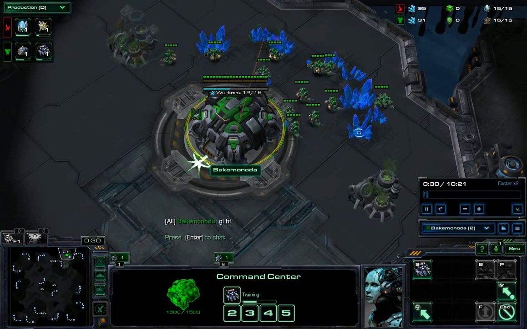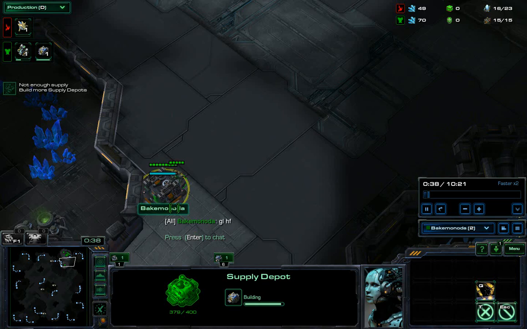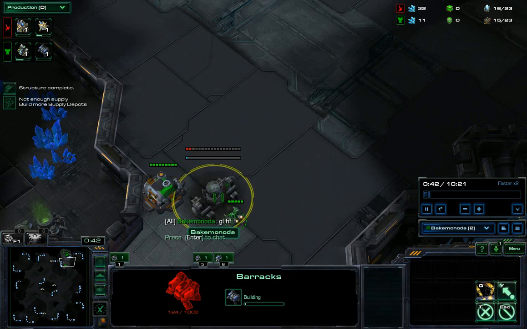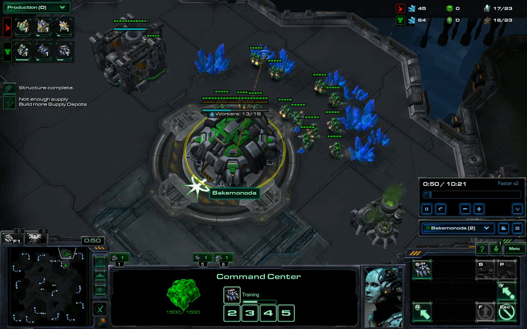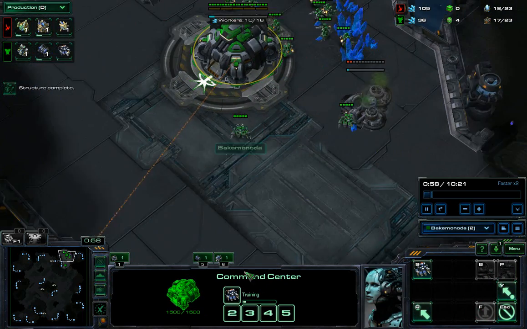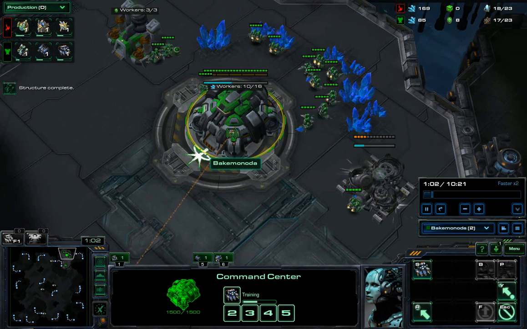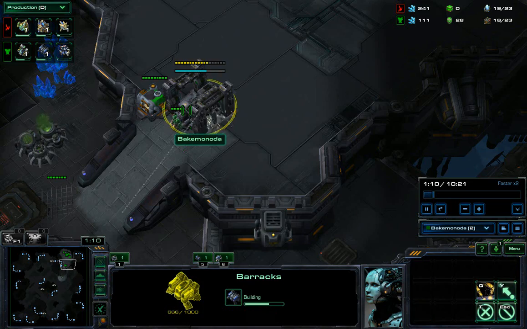So you want your depot, then next you want your gas, and then you'll delay an SCV for your racks, and then once you get your well, you'll scout with the next SCV just to make sure they're not doing any proxies. Then you want your second gas,